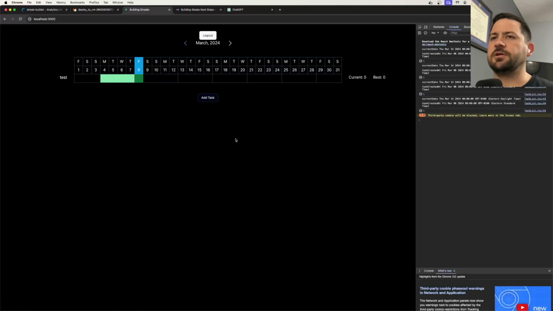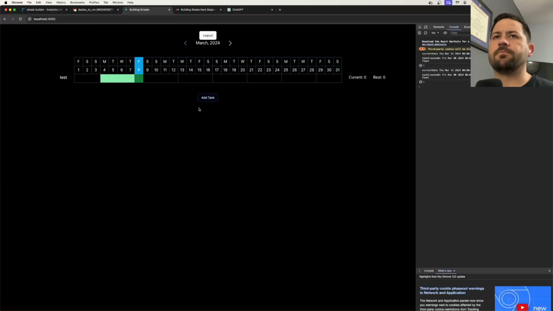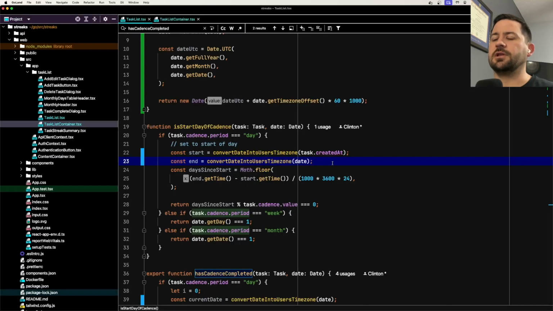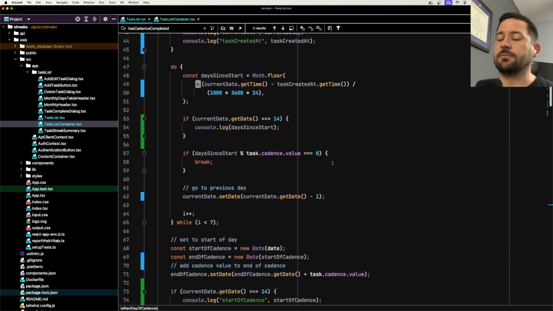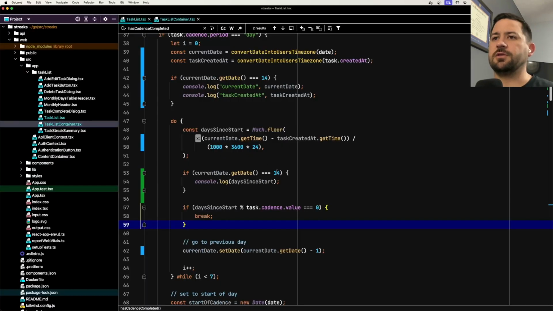Pass dot created. It should be 1. So yeah, this seems wrong. This should really be 1, 2, 3, 1, 2, 3, 4 to the 11th, and instead it's going back. So let's say if we are the 8th,